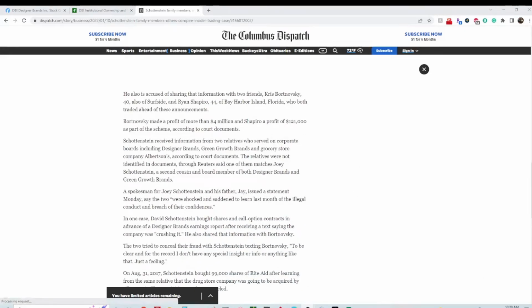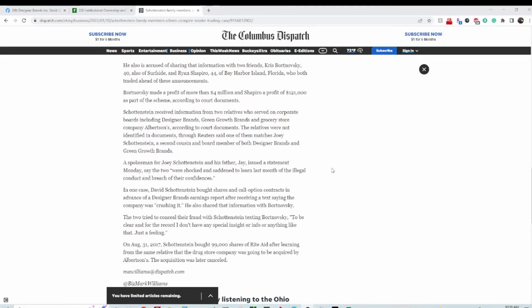Oh, wow, okay, and it goes on. He is also accused of sharing that information with two friends, Chris Bortnovsky and Ryan Shapiro of Florida, who both traded ahead of announcements. Bortnovsky made a profit of more than $4 million and Shapiro $121,000. Schottenstein received info from two relatives who served on corporate boards, including Designer Brands, Green Growth Brands, and grocery company Albertsons. According to court documents, the relatives were not identified in documents, though Reuters said one of them matches